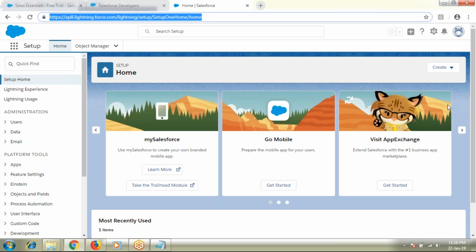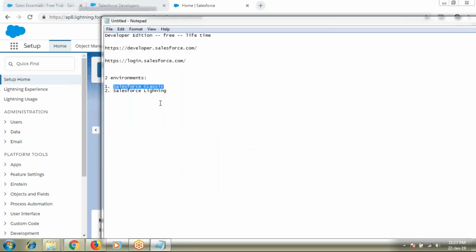How could I say this is Lightning? Look at the URL. The URL says lightning.force.com. Whenever you navigate to any page within the Lightning environment, the URL will contain the keyword Lightning. If you find the Lightning keyword, it means we are under Lightning and not using Classic.